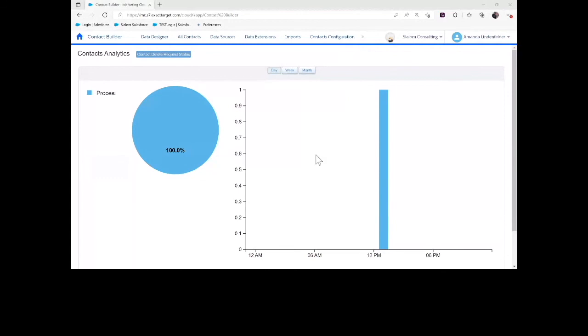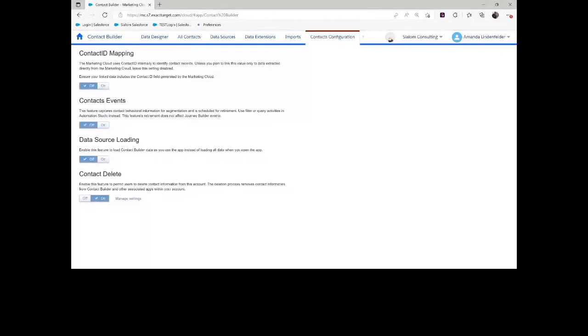Go back to the contact config screen. Anyway, from where we found the deleted contact track. So do you mean how to see who is deleted? Or is there another? Okay, so yes and no. So what I would recommend,